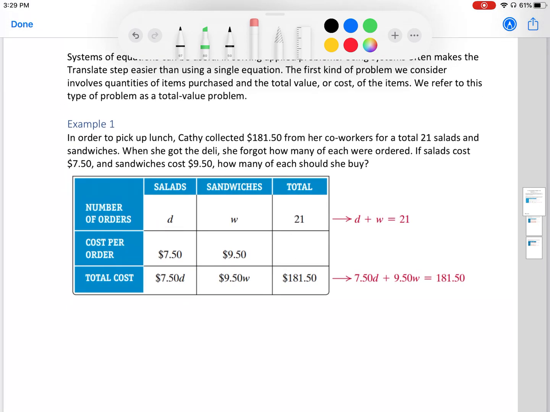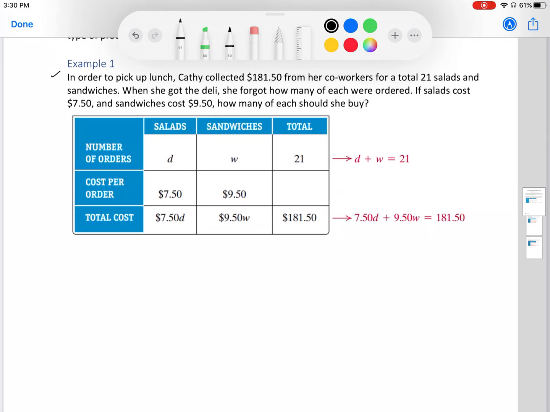Example 1. In order to pick up lunch, Kathy collected $181.50 from her coworkers for a total of 21 salads and sandwiches. When she got to the deli, she forgot how many of each were ordered. If salads cost $7.50 and sandwiches cost $9.50, how many of each should she buy? Okay, well,